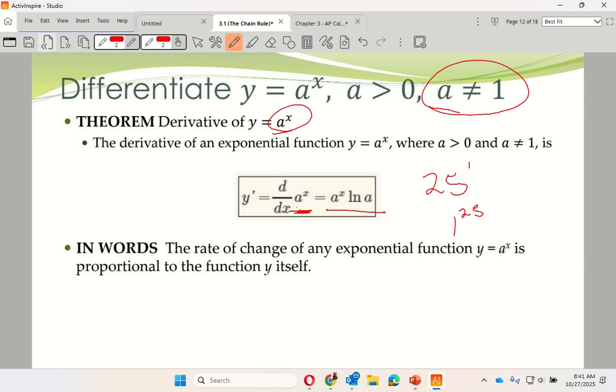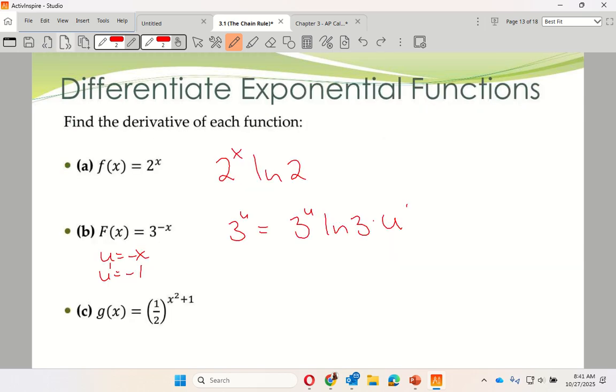There are a couple other ones that are like that, not really rhyme or reason, just plug them in. We're going to have some of those, like our inverse tangents, later on. So now let's go ahead and put it back. It's going to be 3 to the negative x ln of 3 times u prime,